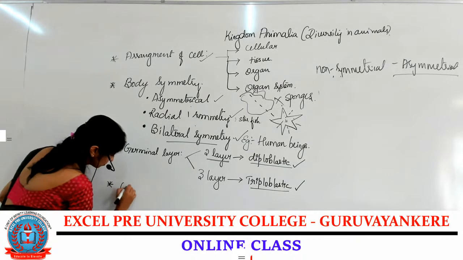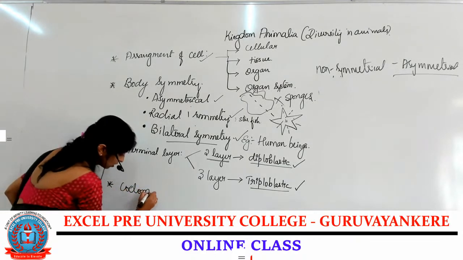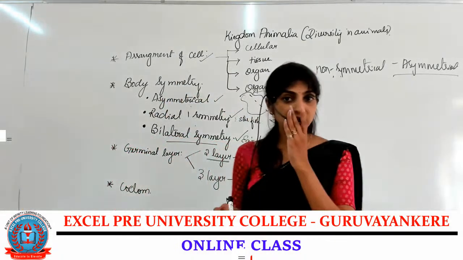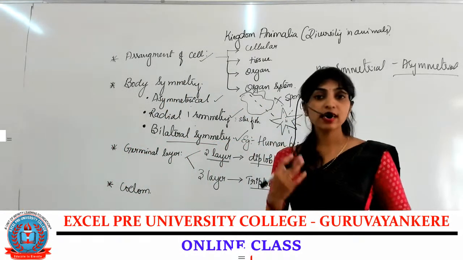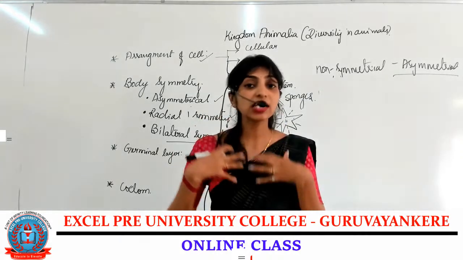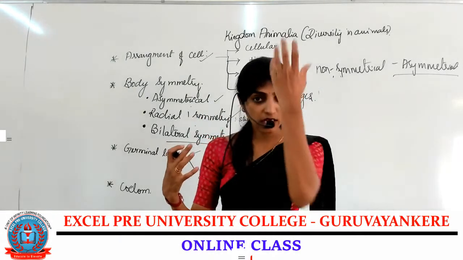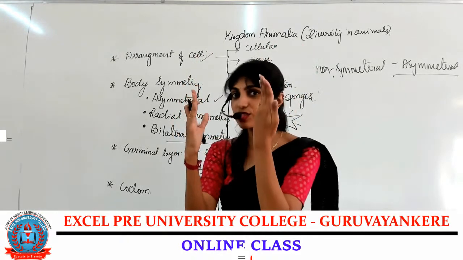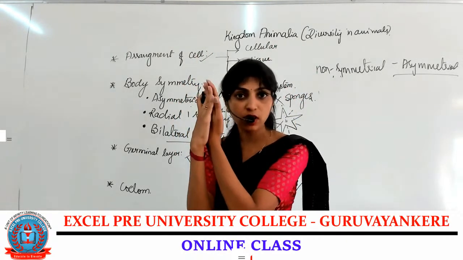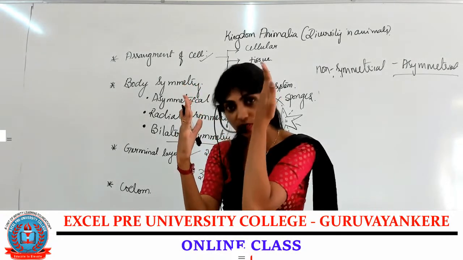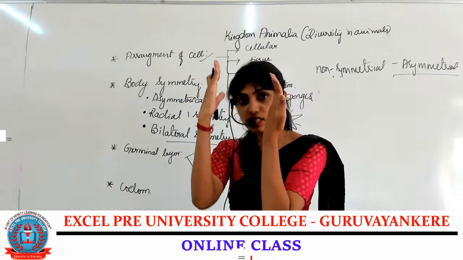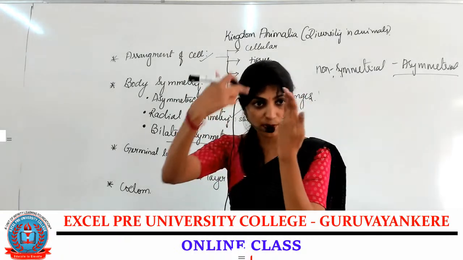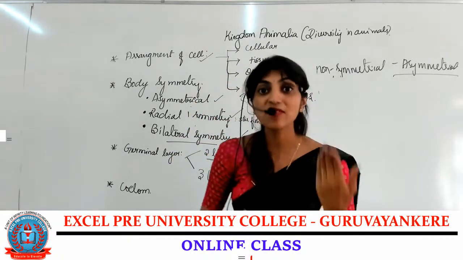coelom. What is coelom? Coelom is a body cavity. Now, in our body we have internal organs, for example the digestive system, and this is the outer part. Is our digestive system directly attached to the body wall? No. Here, this is an internal organ and this is a body wall. Between this internal organ and the body wall, there is a space present. That space or cavity is called